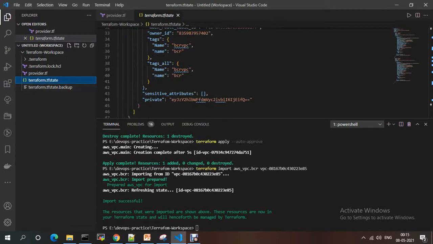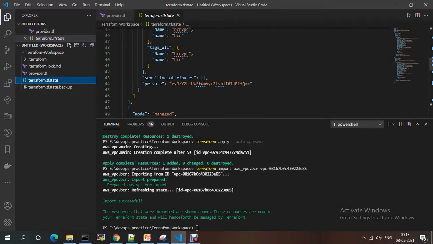Suppose in your team, 3 or 4 members work on the same state file; if you work at the same time, it will be locked. Once I complete my changes, I need to push this Terraform state file to GitHub or S3. Then someone who needs to make modifications and apply, instead of the original file, just needs the state file, which has all the resource details.